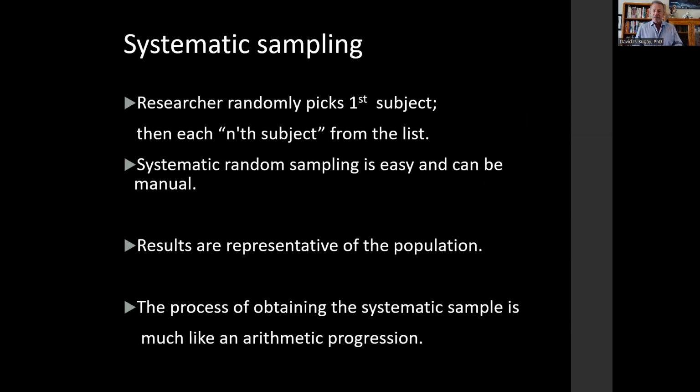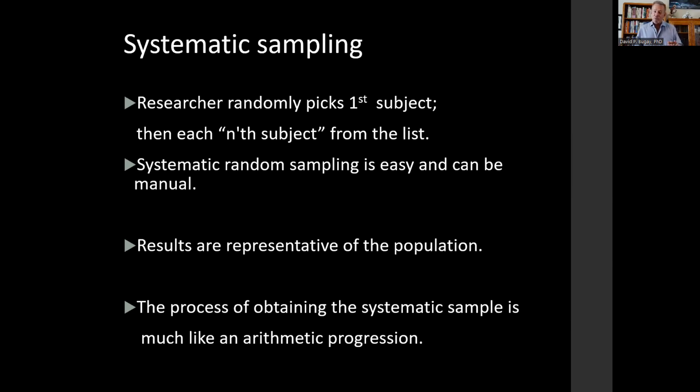Here's an example. The researcher picks the first subject, and then every nth subject on that list. And it could be the 13th subject. You go 13 more people down, so it's number 14, add number 1, so then you have number 28. You want to skip 13 people each time, and so you have that way of doing it. They call that the nth subject. But when you choose the nth, it just depends which sample you're working on. So it could be that way of doing it, or random, a dartboard aspect of it.